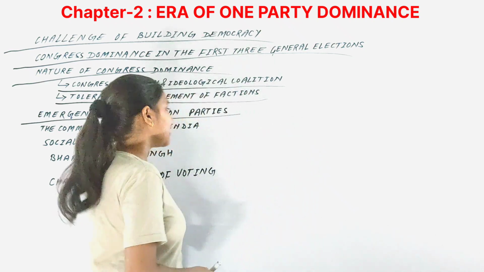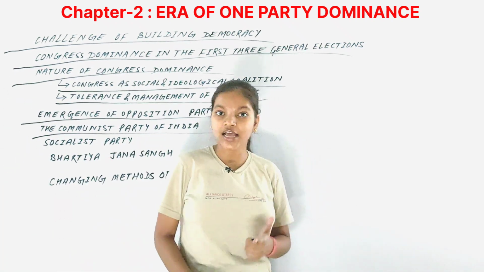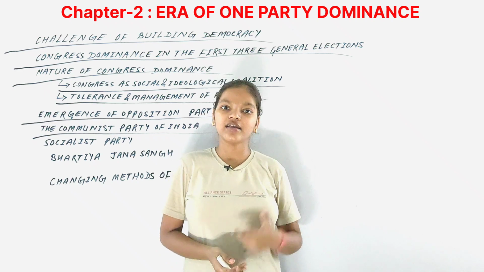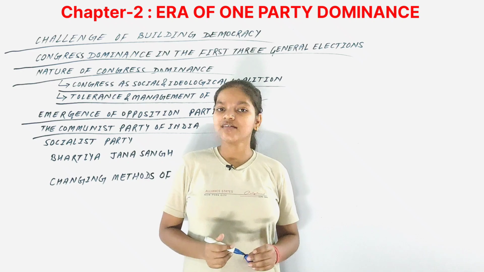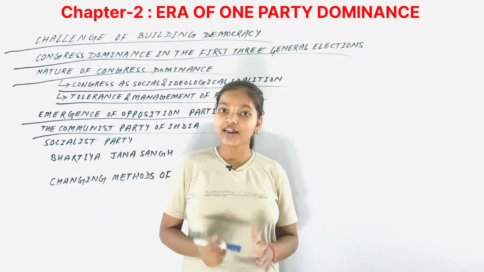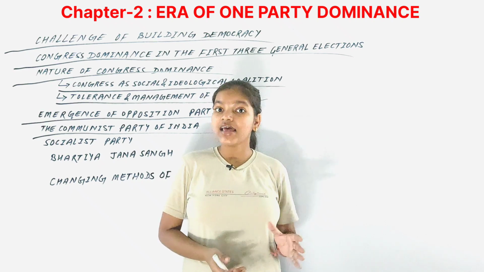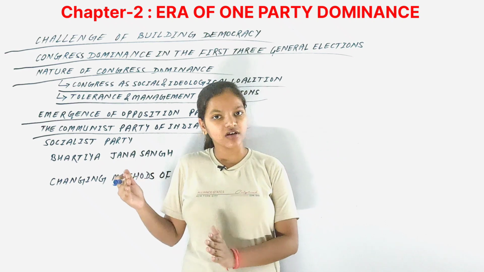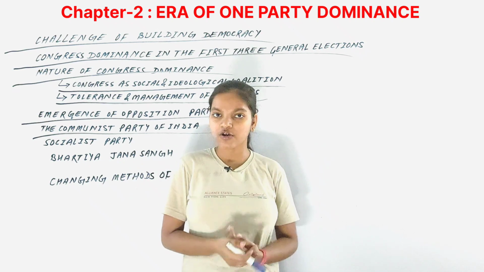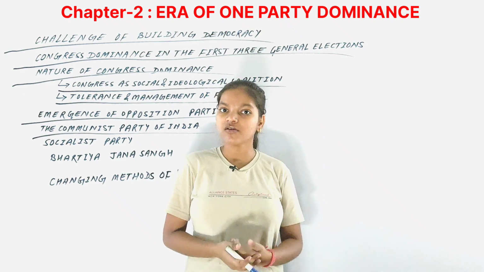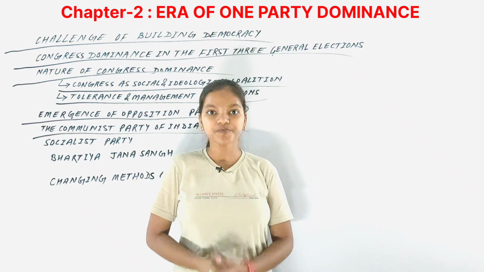So first of all in our list is the Communist Party of India. Even in the first general election, it got 16 seats, the second largest party in terms of seats. Now the Communist Party, as the name suggests, is of course based on the idea of socialism. It was formed around 1920, and firstly it was inspired by the Bolshevik Revolution in Russia. You have already studied about the Bolshevik Revolution, the Russian Revolution. So it was inspired from the Bolshevik Revolution of Russia. Secondly, it was based on the idea of socialism.